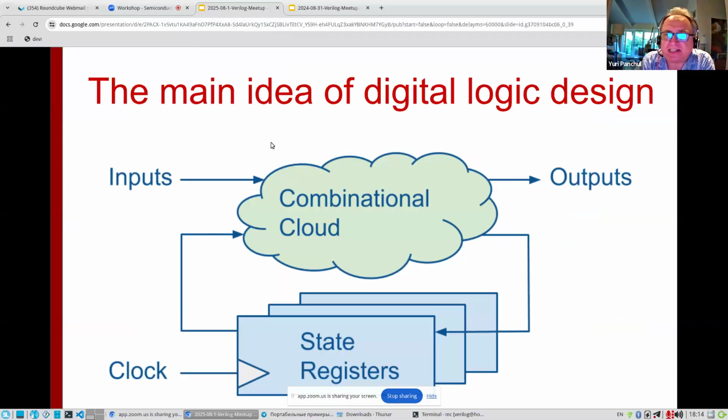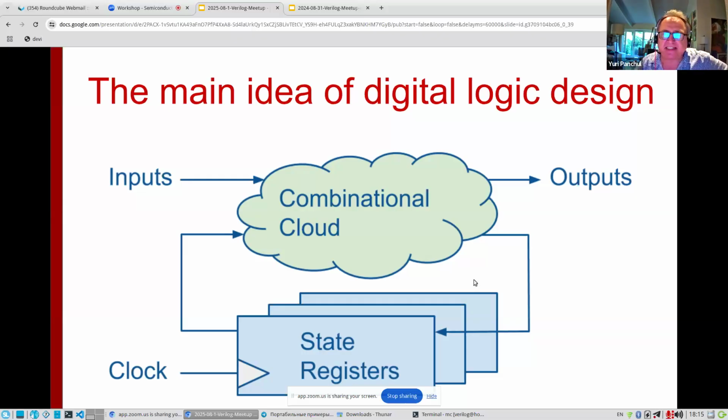You don't have to understand it right away, but any piece of hardware, any processor or even any algorithm can be decomposed into two types of elements. One is a combinational cloud, and another is a set of state elements, like a state register. A combinational cloud is just a lot of combinational gates, like AND, OR, XOR, multiplexers, and so on.